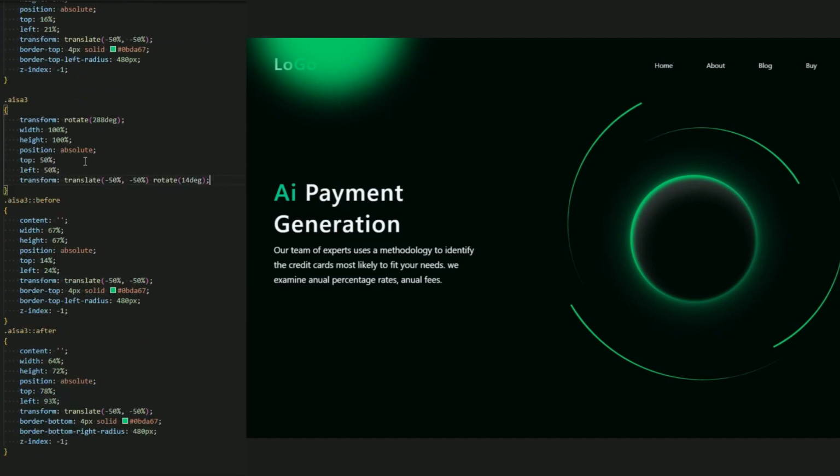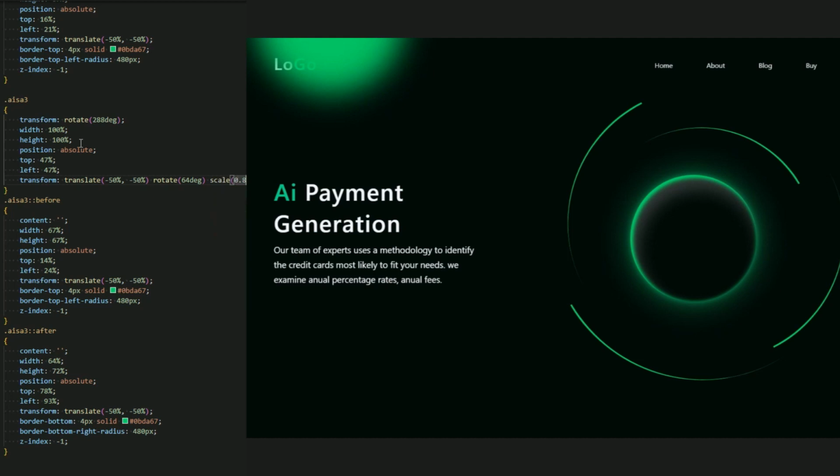So let me change it to 47%, and the left the same 47%, and let me add a rotate of 64, and add a scale to make it a little small instead of decreasing the size of the width and the height. Just let me add a scale,